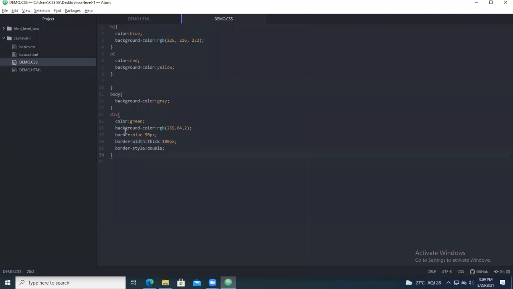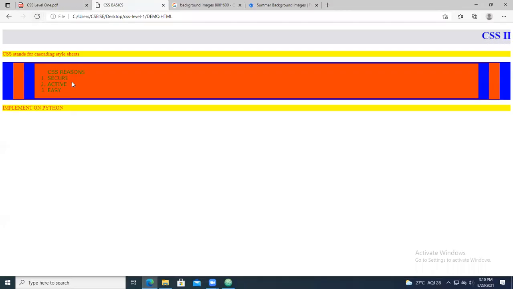This is up to having a division and having the various parameters like this. For that, you are going to use various parameters like color, that is font color, background color, that is RGB, and border. You have taken all these things. Suppose you want to give the font, you can take font family, Ardhana. If you give the value like this and refresh, there will be a change in the font family.